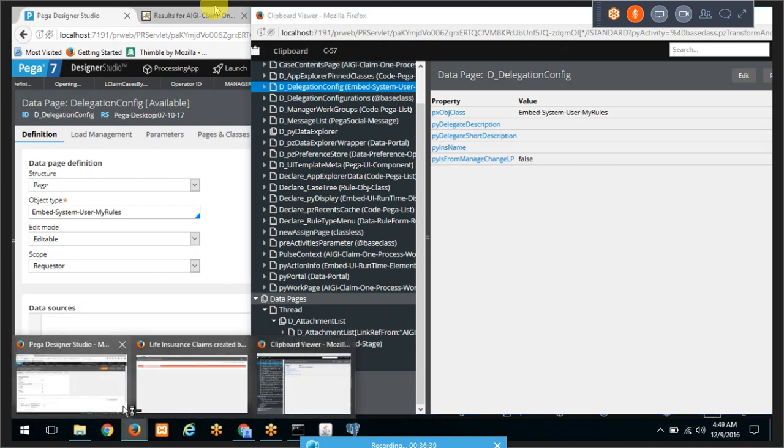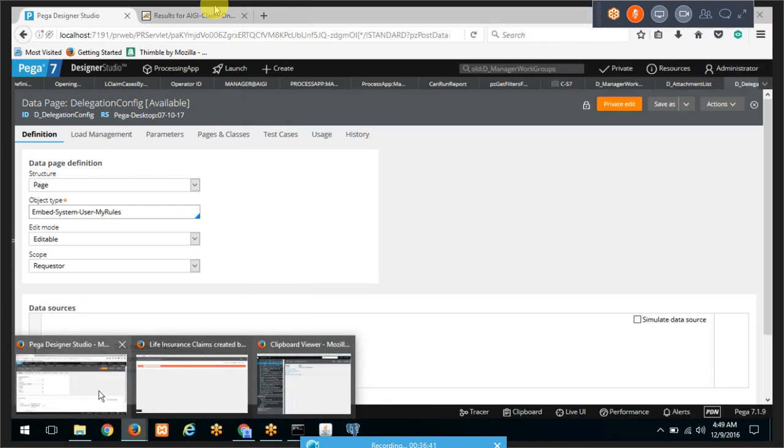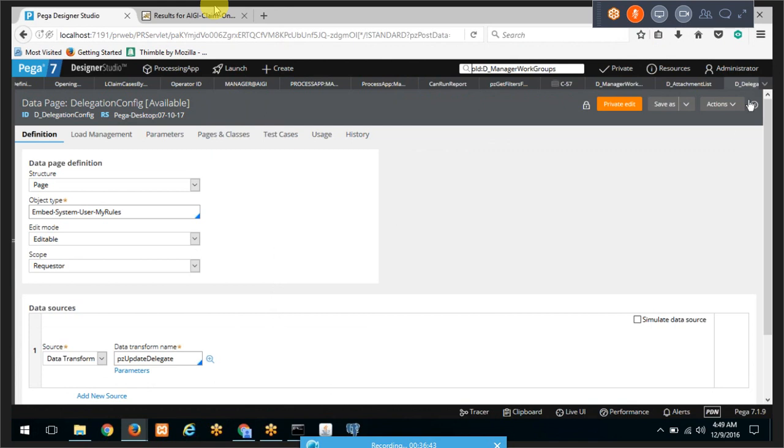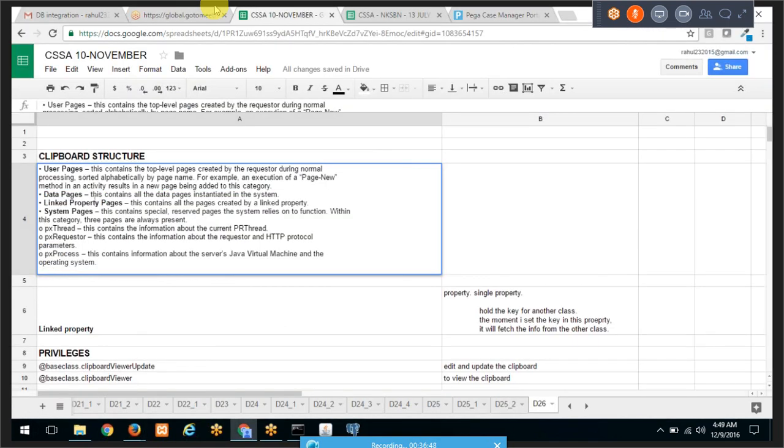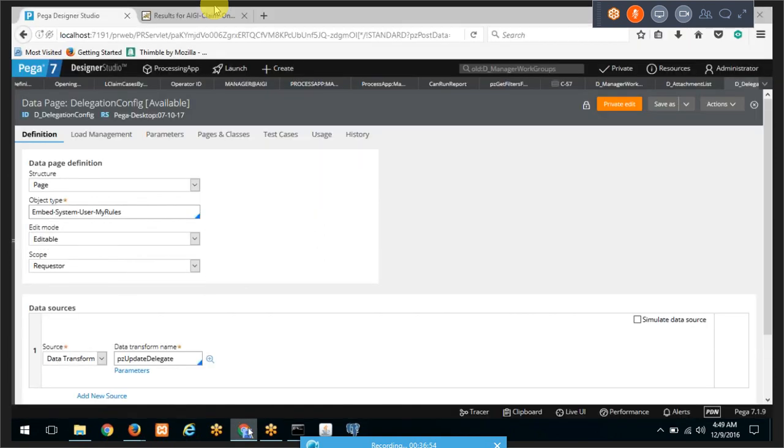Simple concept, but good to know feature, right? Now, all the data page is instantiated. Then there is something called a linked property. What a linked property does is,